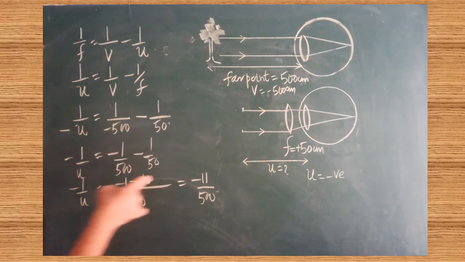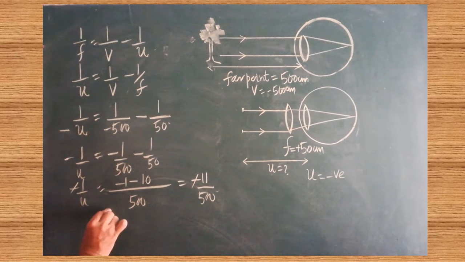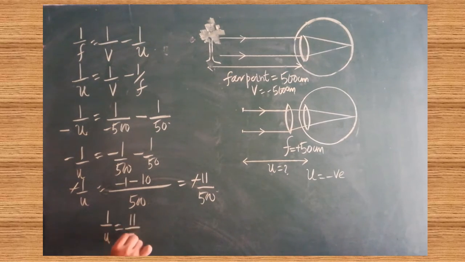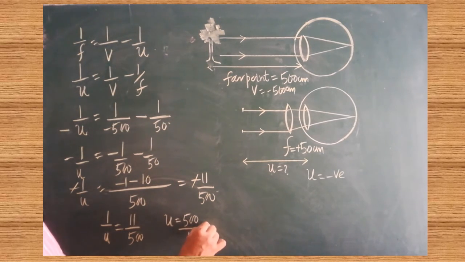On either side, negative sign is there. Cancel both. So 1 by u is equal to 11 divided by 500. How will you get u? u is equal to 500 divided by 11. 500 divided by 11 you can substitute. So the answer will be